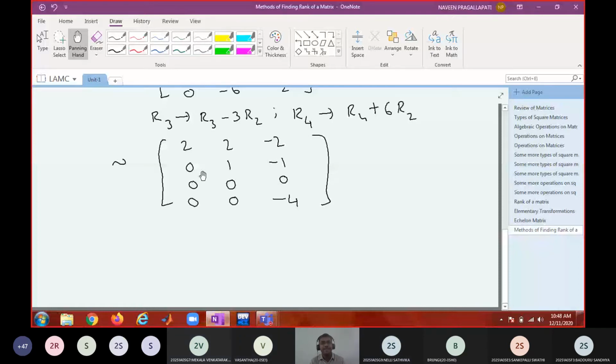Which position do I have to see? The diagonal position. What is that? 3, 3. Is this occupied by a 0 entry or a non-zero entry? A 0 entry. Ideally, we want to see a pivot element here. Because it is not a pivot, what do I have to do? I have to look for a non-zero entry. Always look for a non-zero entry below the pivot position, not above it. So under this 3, 3, do you find a non-zero entry? Yes.